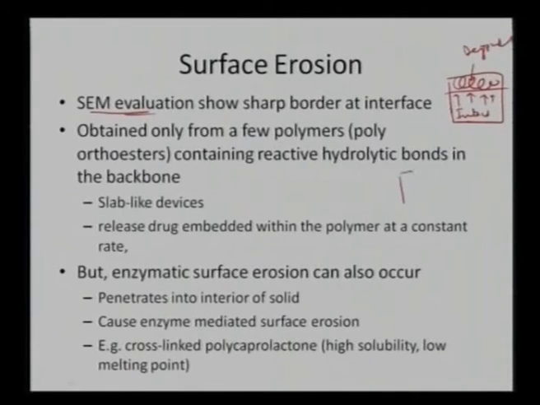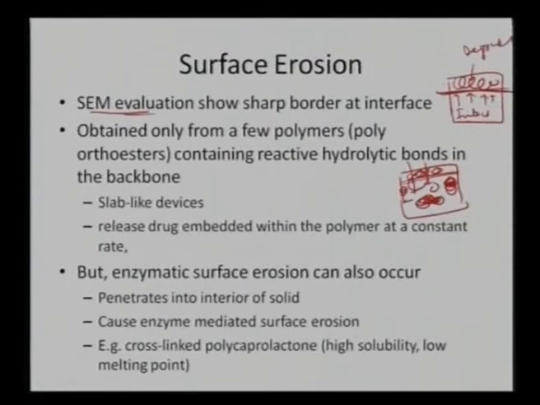But in bulk erosion, what we might expect is that the water has already seeped through, so water uptake will be throughout, and only certain material will be degraded here and there locally. So that is actually the problem with bulk erosion. But in surface erosion, we see a very clear boundary at the interface.